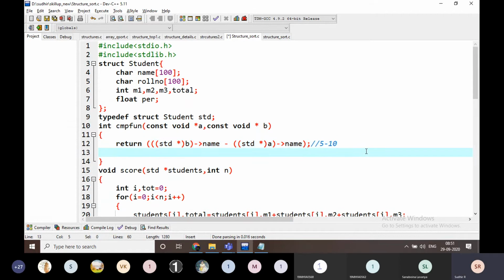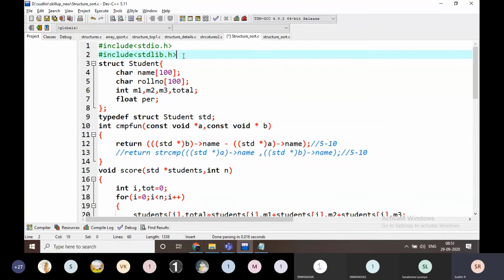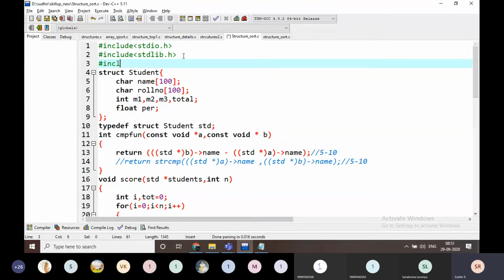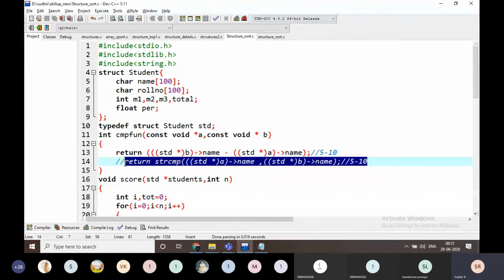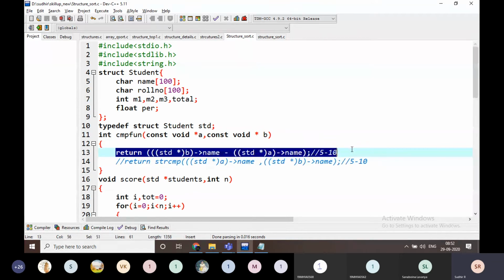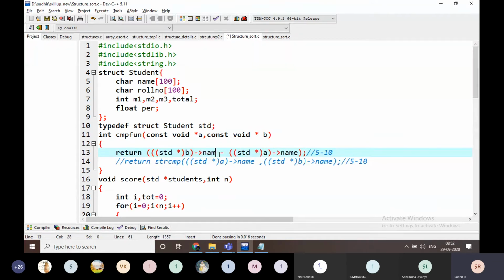I am going to write here, this is for string comparison, and this is for string comparison, both in the same program. Okay, this is for name sorting. If you want to sort any alphabets, that is characters, we have to go for this function. If these are integers, and this is not name, I am going to write here sum total.